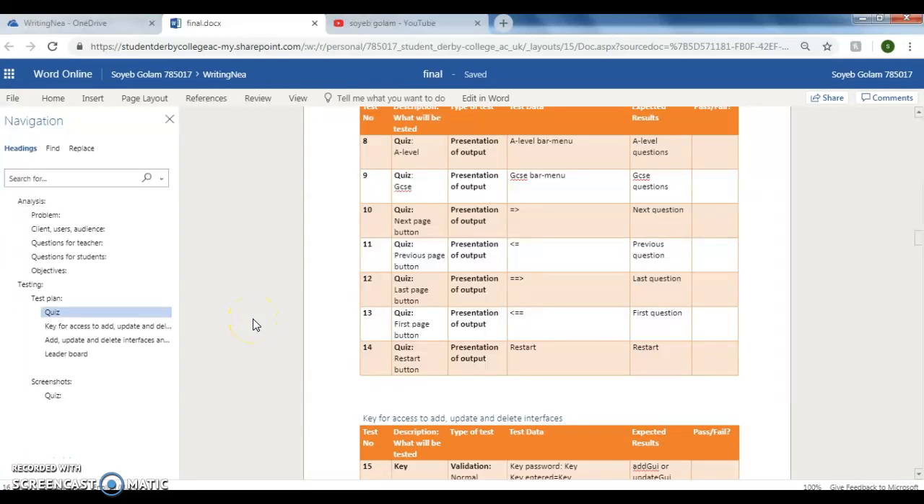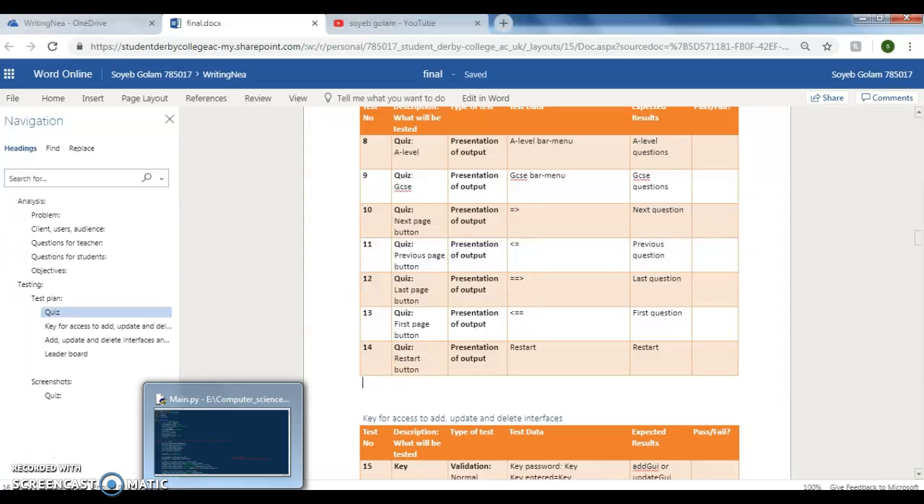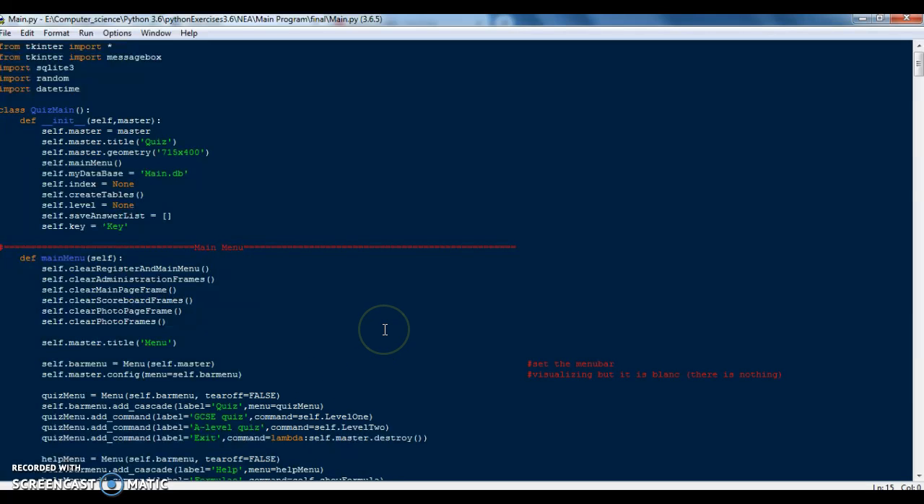Test number 14 will prove that our restart button works perfectly. Therefore, if you choose to do a quiz and you go to a certain point and you feel like you made everything wrong, you just click the restart button and it should work. It should reset everything. To prove that, we go to our program, run the program,